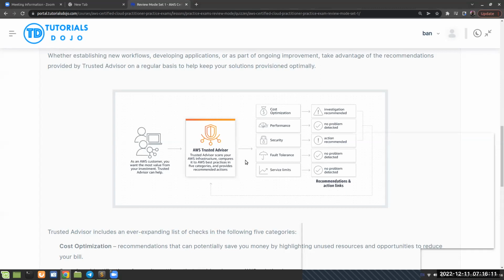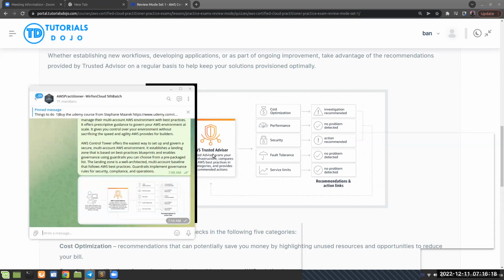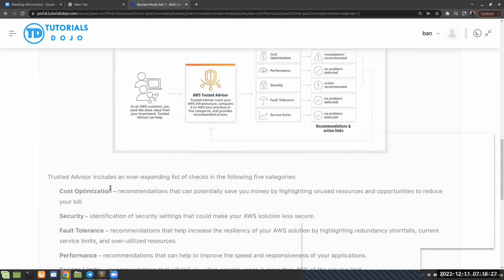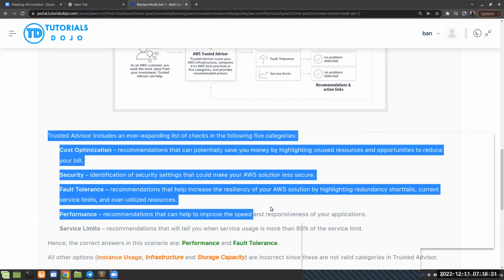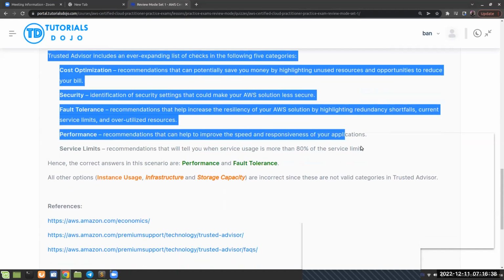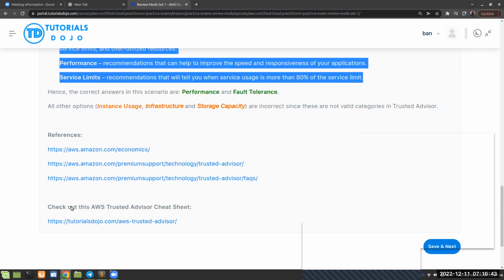I shared this diagram. I'll share it again for those who have not. I really emphasize that you take time and make sure you can define Trusted Advisor so you know these different categories, as well as explain what you really mean when you say cost optimization or security. It's explained here again. I will send that again. I've shared that a couple of times, but it's just for emphasis.